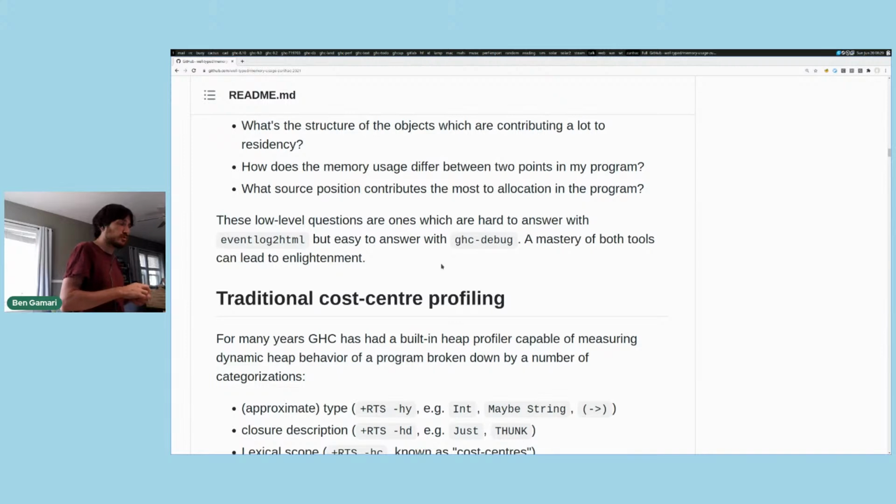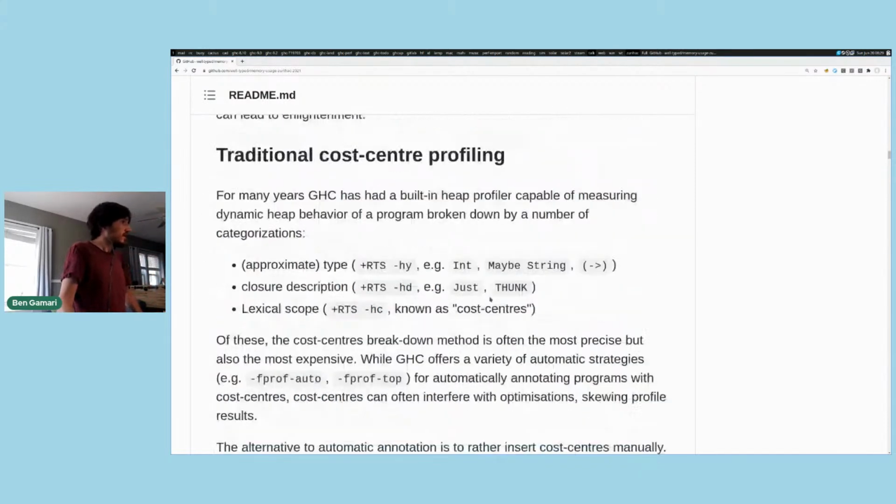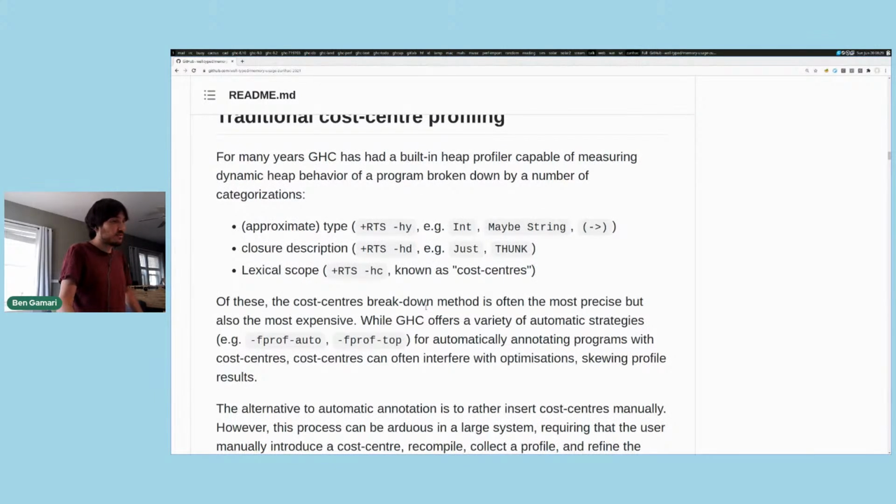These two tools work very nicely together. They allow us to ask high level questions about what's on the heap, and then ghc-debug can let us drill down, exploring more specifically what and where and what the shape of the heap graph looks like. What we're going to do today is start with a discussion of eventlog2html. At its core, eventlog2html is really a front end for GHC's cost center profiling machinery. So we're going to start by looking a bit at the cost center profiling